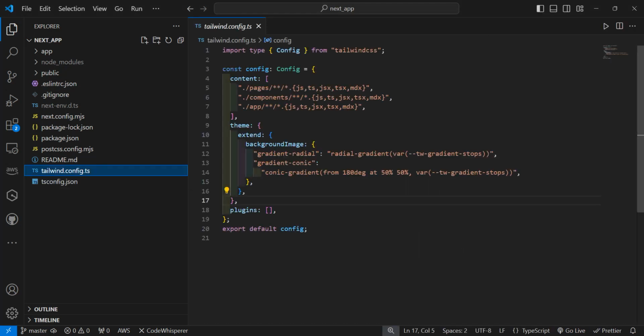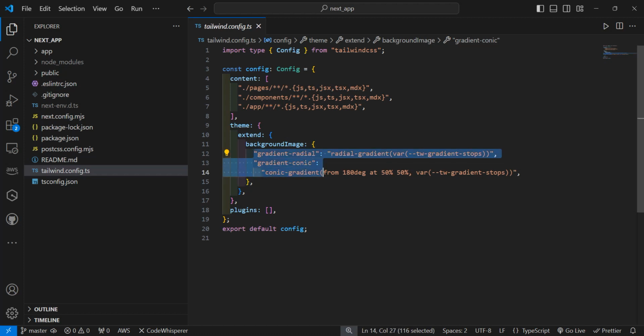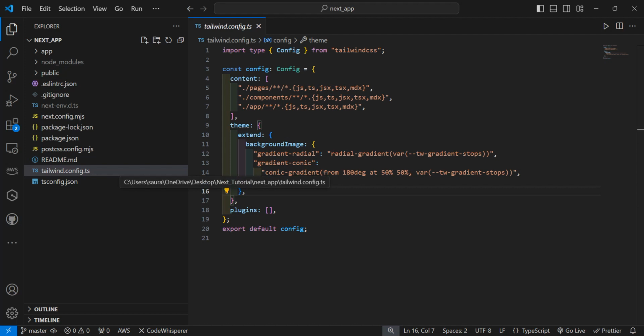This is the file which allows you to define the Tailwind rules or CSS rules that you can specify here, like you can see here gradient, radial, something like this. And these rules you can use in your project. This is the file created for Tailwind, and next we have the file